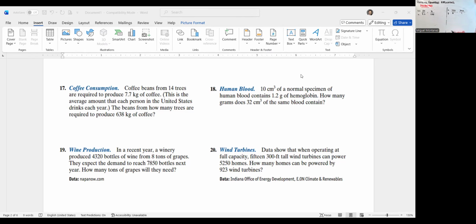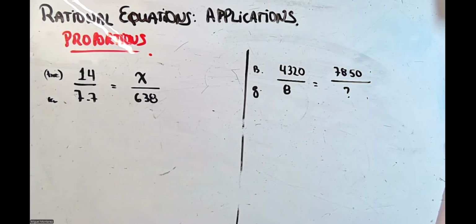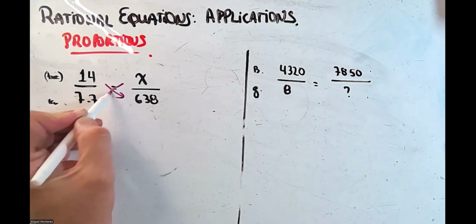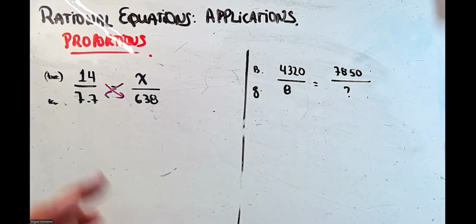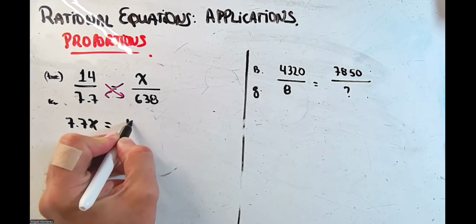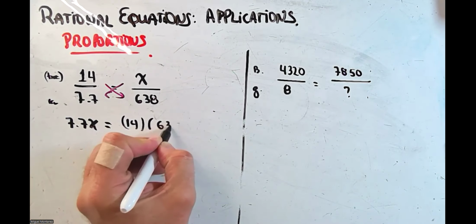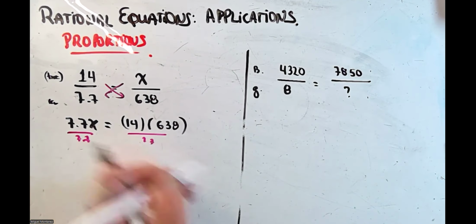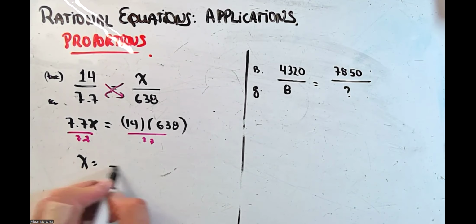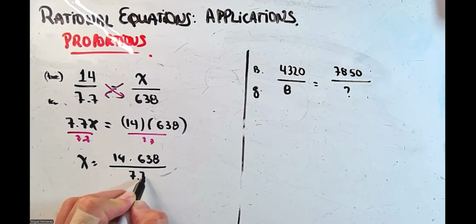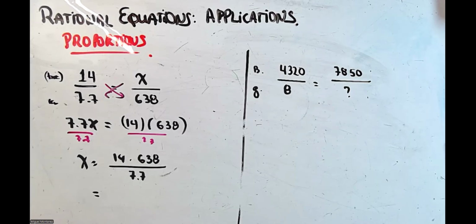Let me stop sharing the document. Now we can do it. With proportions, a very quick way of doing it is to cross multiply. So what do I have? 7.7 times x equals 14 times 638. For x, we simply divide by 7.7. So x equals 14 times 638 over 7.7, which is about